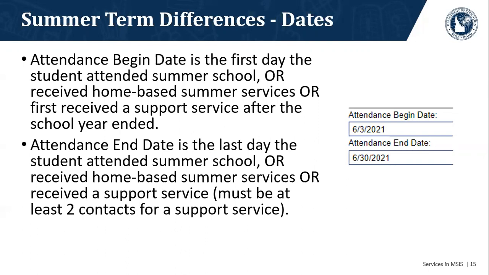So if the student started June 3rd and their end of eligibility was June 2nd, sadly, we won't get funding for that student, but we still want to just tell it how it is. Whenever the student attended, their first day goes in as their attendance begin date, and their last day is their attendance end date. If you had a student that only attended one day, those two dates might be the same. And it is more broad than just summer school. That's how we think of summer school.